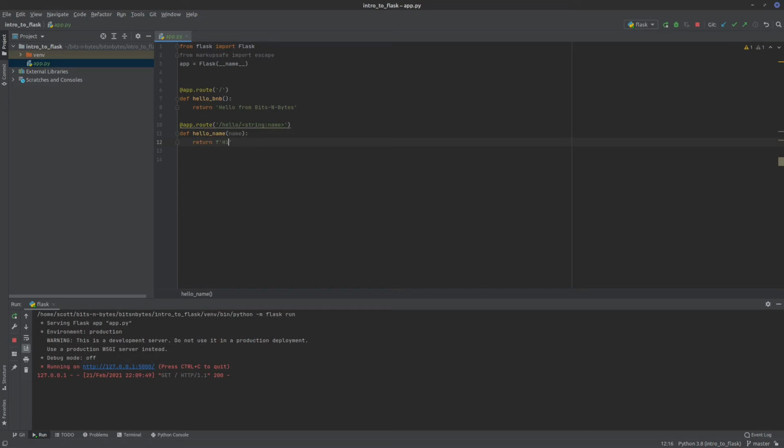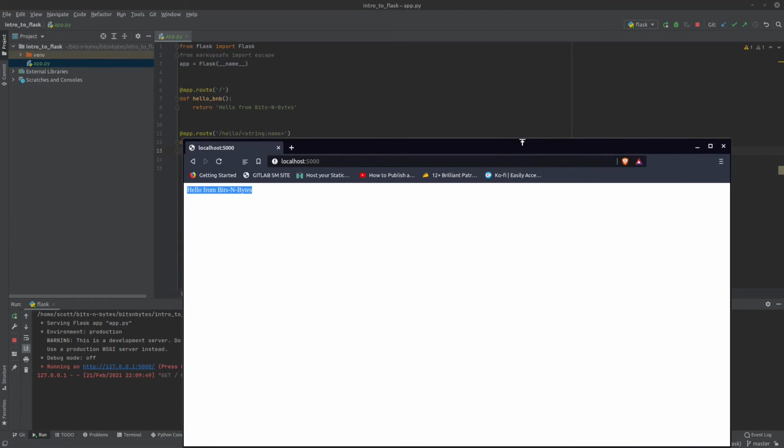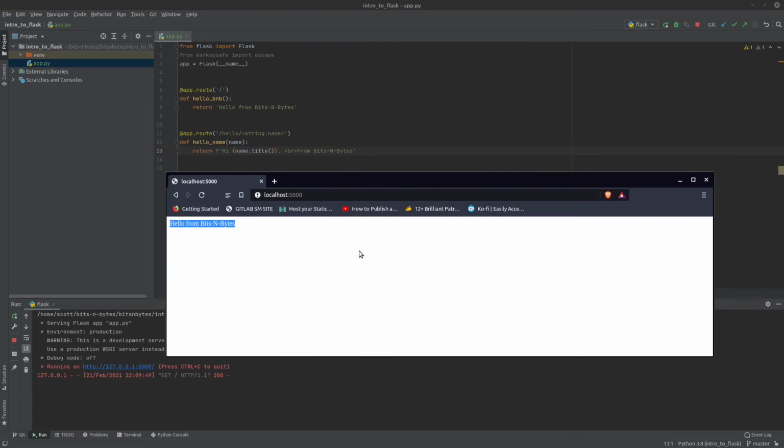And then we'll type some stuff here to display on the screen using that variable. And what title does is it just capitalizes the first character of the letter. And then we'll put a breakpoint in here because it's going to be returned as HTML. I'll put another space up there because it's complaining. We'll hit save. We'll bring the browser back. And then now, let me shrink this down a little bit because we don't need the whole thing.